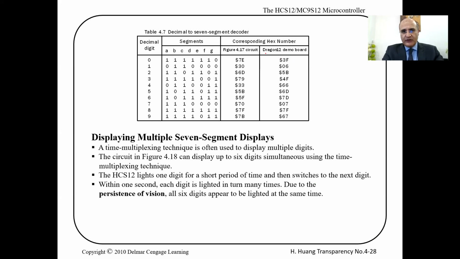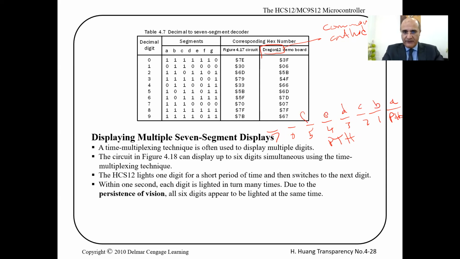If I'm using our Dragon 12 board, this is the older version of the board where we had a common cathode, and we had port H used to interface the 7-segment display. So I had port H 0, 1, 2, 3, 4, 5, 6, 7 connected to the bits of the 7-segment display, segments A, B, C,